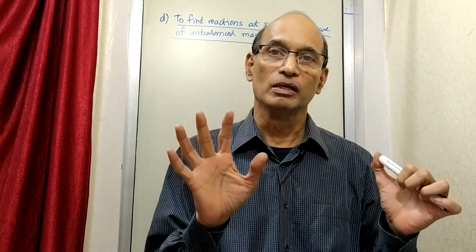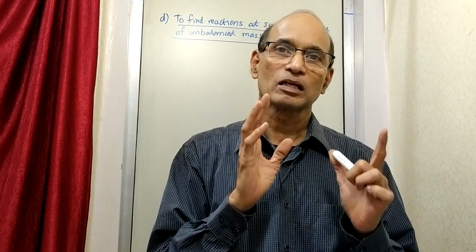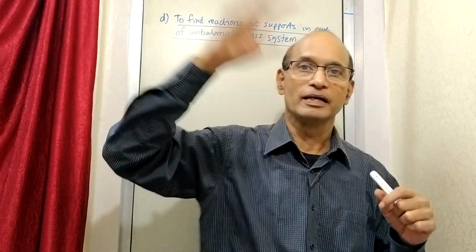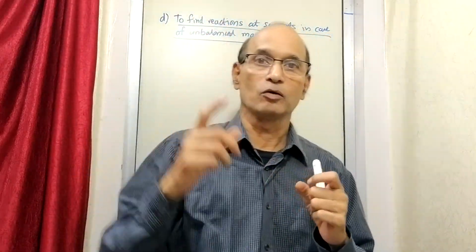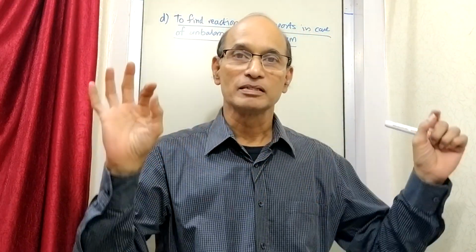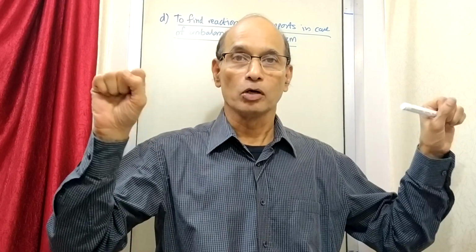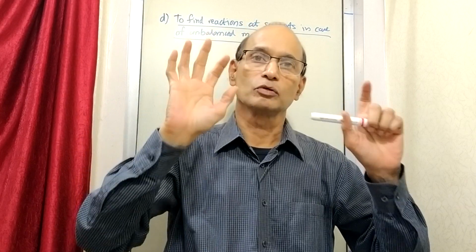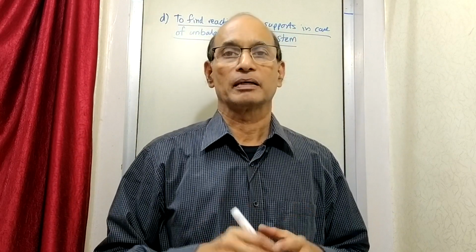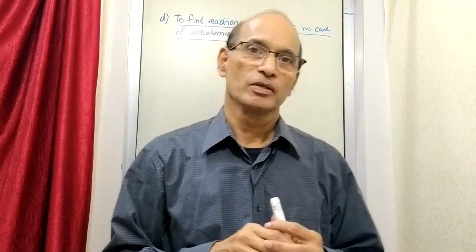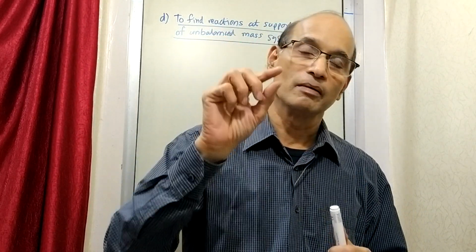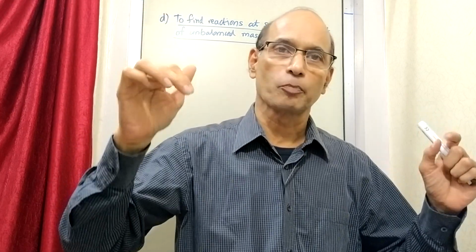Because ultimately the whole system is in equilibrium. Although the masses are not balanced, considering the supports, the shaft is not going here and there. Although we say that there is an unbalanced force acting on the shaft, still the shaft is in one position. That means the support where the shaft is held is providing the reaction so that it is kept in equilibrium. So in a way it is balanced, but not by balancing the masses, by putting the masses. So the reactions at the supports exist.